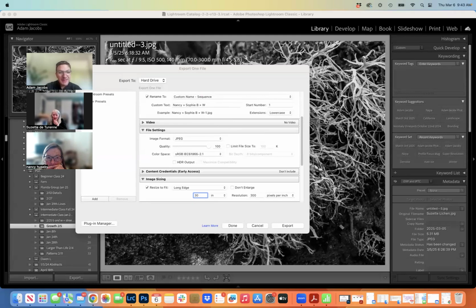But I would still get in the habit and the discipline of trying to keep to standard sizing. Because if ever, Suzette, you printed a 9 by 13 and then you suddenly decide, I want to put this in a frame, it's going to be difficult. You're going to lose something on the sides. And so, keeping to standard sizes, and one place where you can,